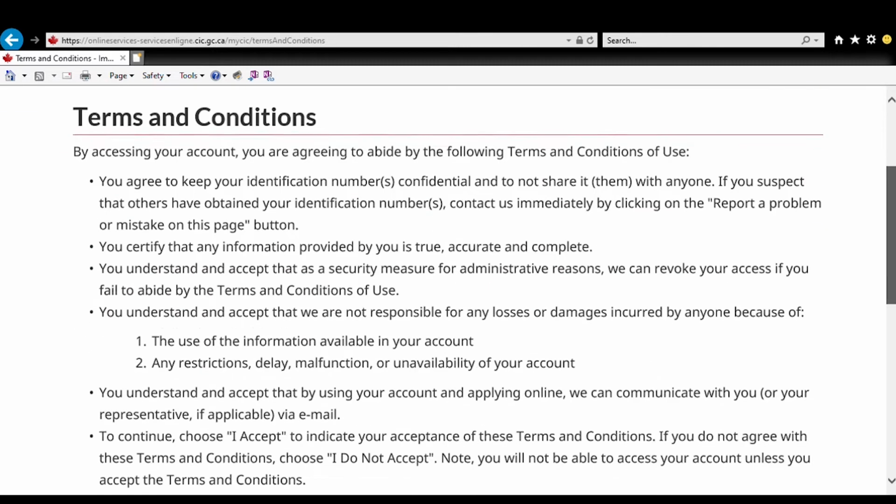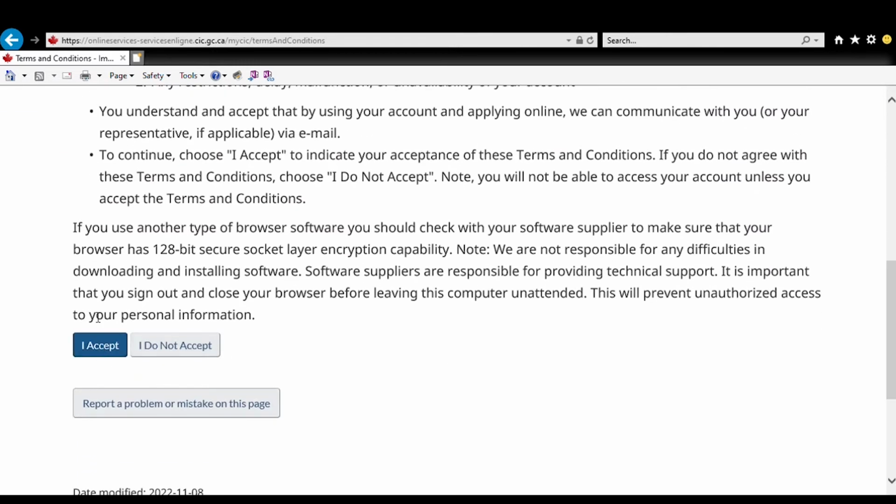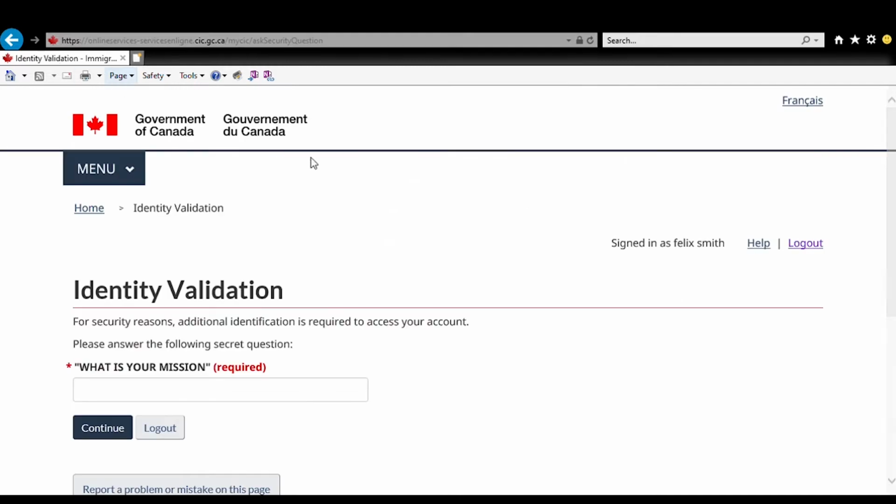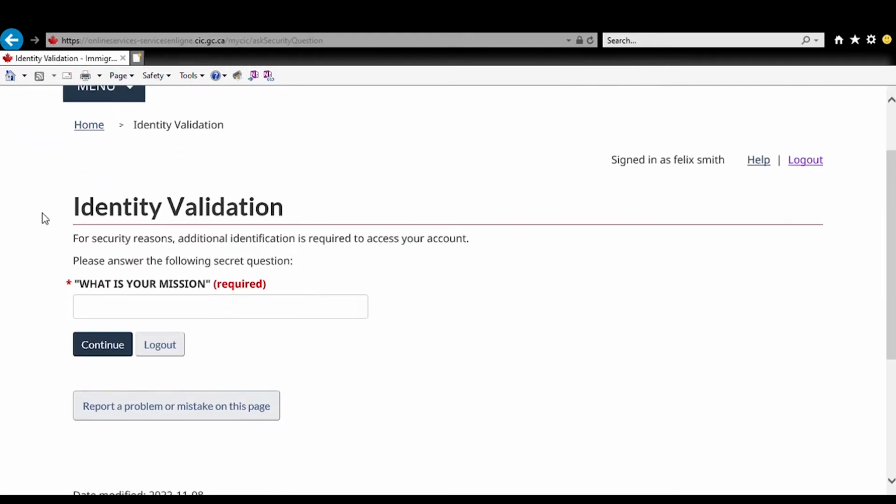So you always have to accept the terms and conditions before you continue, and also they may ask you to identify whether you're the one accessing your account. So what is your mission,